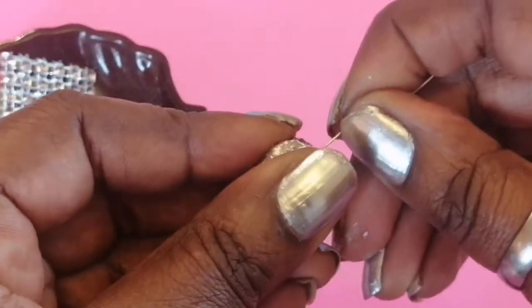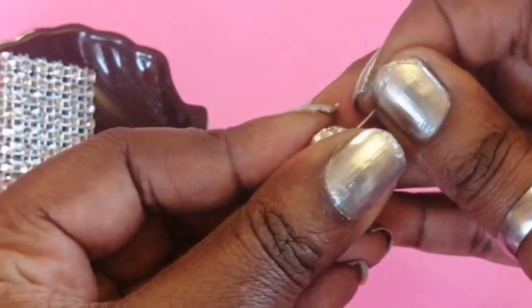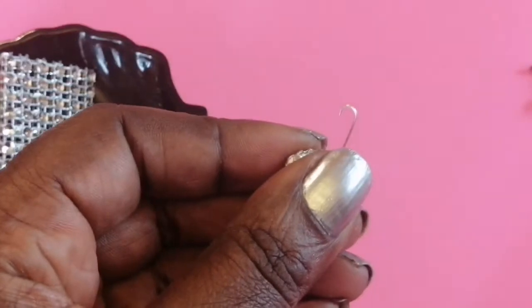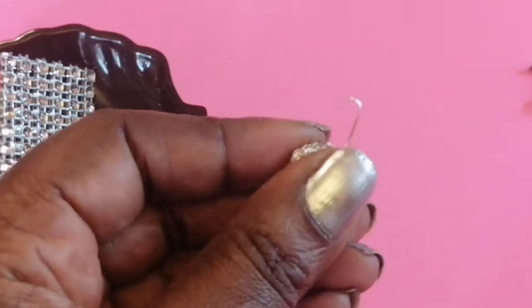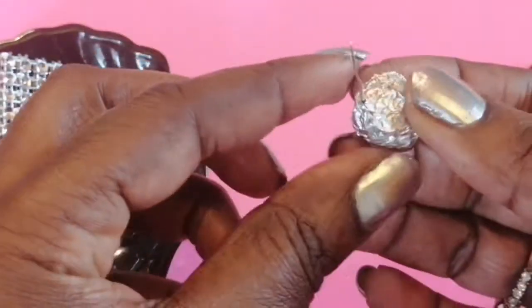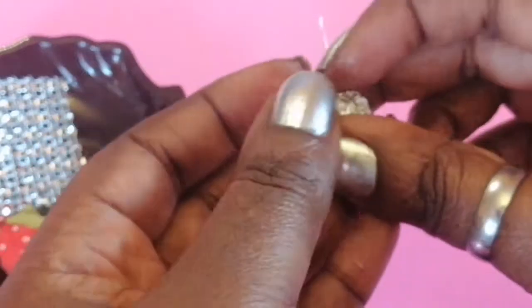Push it through the foil. Now, if it's a bit hard to get through the foil, use a pin. You make a hole inside the foil and then push the wire in. I've got this in all right, but sometimes it's got a hook at the bottom, so I'm going to push the hook in. So I've pushed it in now. So once you've got it in,